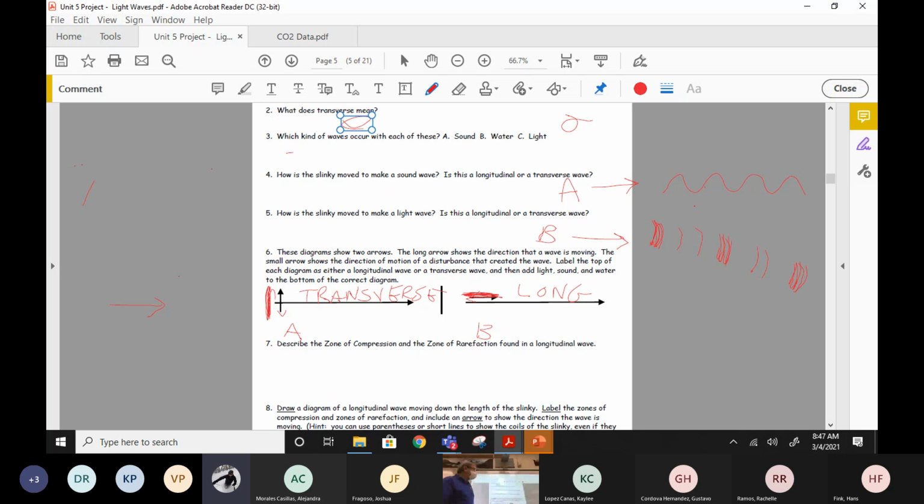Now let's go to these waves and can we label their parts? What would you label this? What would you label this? Over here, what would you label that? What would you label this squeezed in part here? I can draw a proper bracket. So I'm going to go 1, 2, 3, and 4.